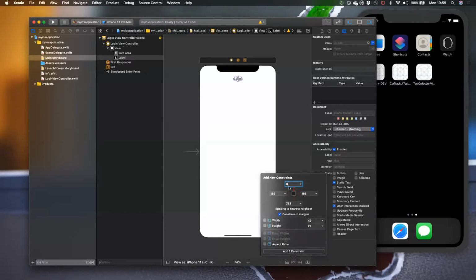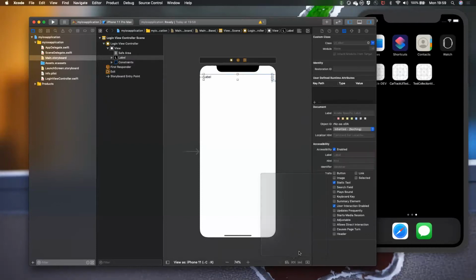From top, it should be at 0th position, and from left, from margin, it should be 20 apart, and also the trailing side, the right side. I'm setting the same thing, and for the height, I will set just 30 pixel height, and then click on add constraints. Yep, so now the constraints are set.